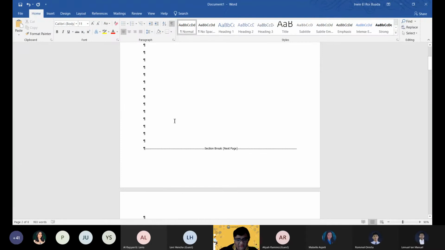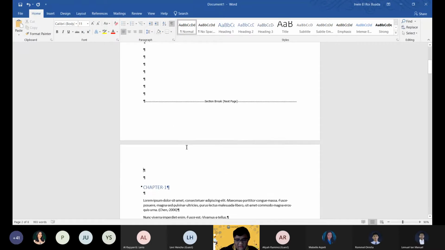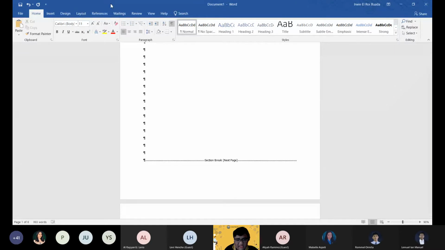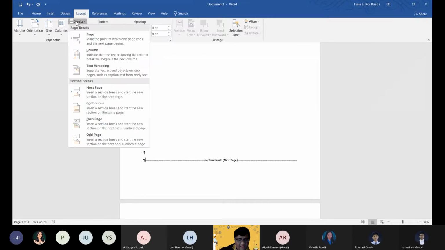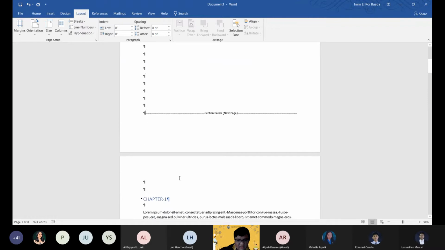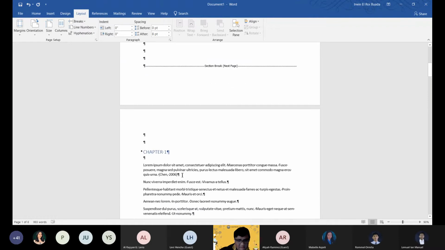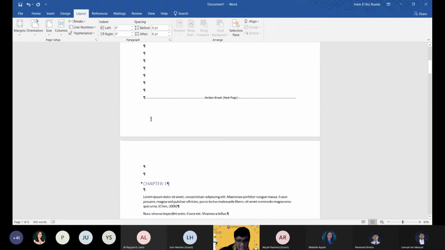Which is, if you're formatting, this is very helpful. Okay? So once again, sa last line ng first page natin, click on layout, breaks, click on breaks, and click next page. Okay. Then, the next part,